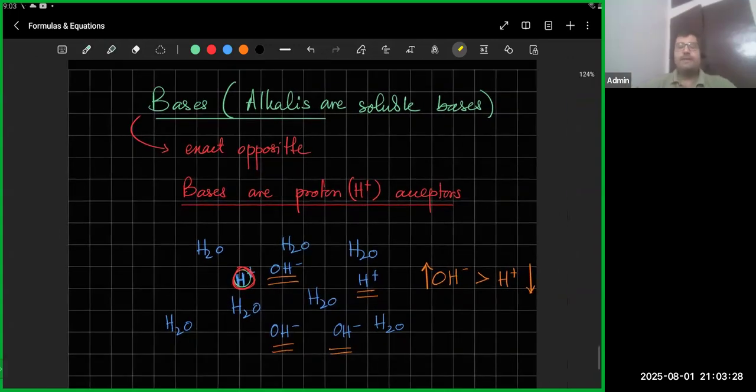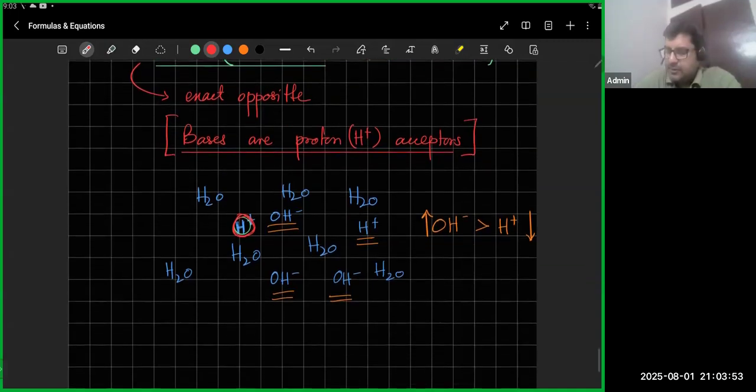Moving to bases. I told you bases were the exact opposite of acids. What were bases doing? I explained to you, bases are proton acceptors. They're the exact opposite. This is the definition of what a base is. It's a proton acceptor. So if you have water,